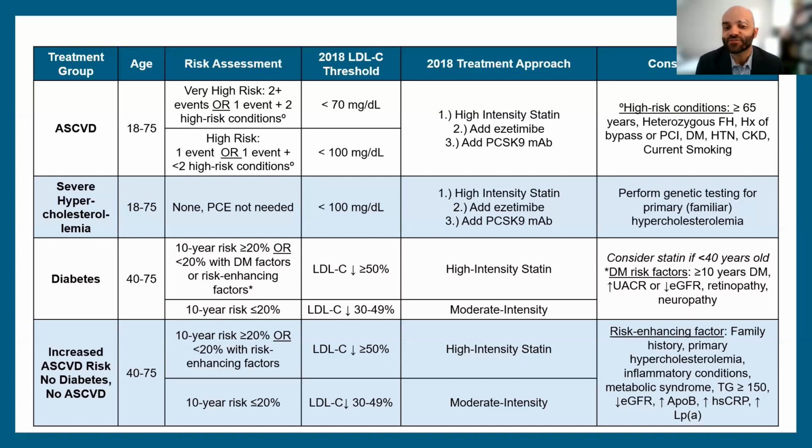These are things like family history, inflammatory conditions like HIV or rheumatoid arthritis, and metabolic syndrome, so increased waist circumference, for example, and a combination of a few other measures. They have increased triglycerides, they have decreased renal function. All these different aspects are things that we know increase cardiovascular risk but are not in our traditional pooled cohort equation. I think this is a great reference slide for you in the future, and we'll refer back to it throughout the day today.